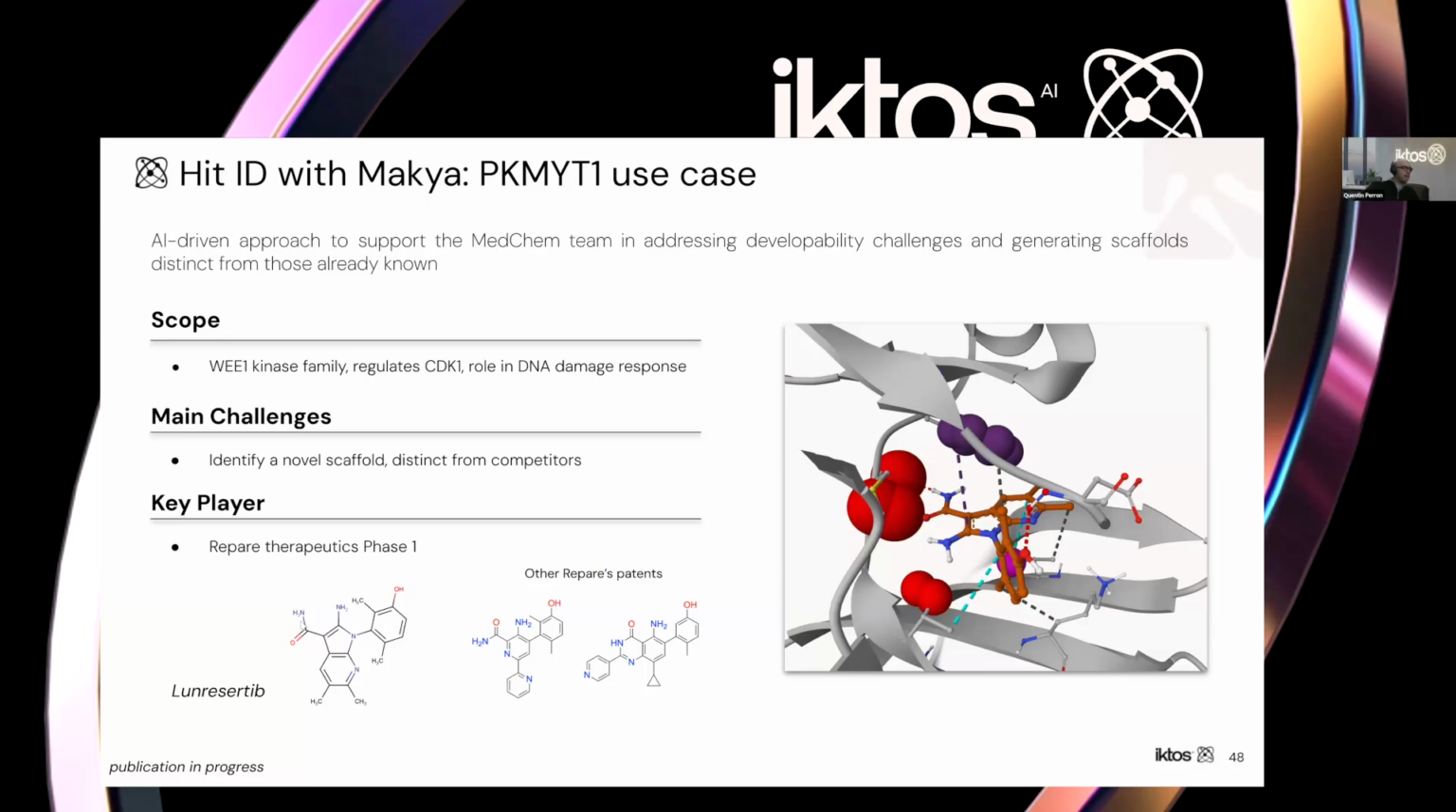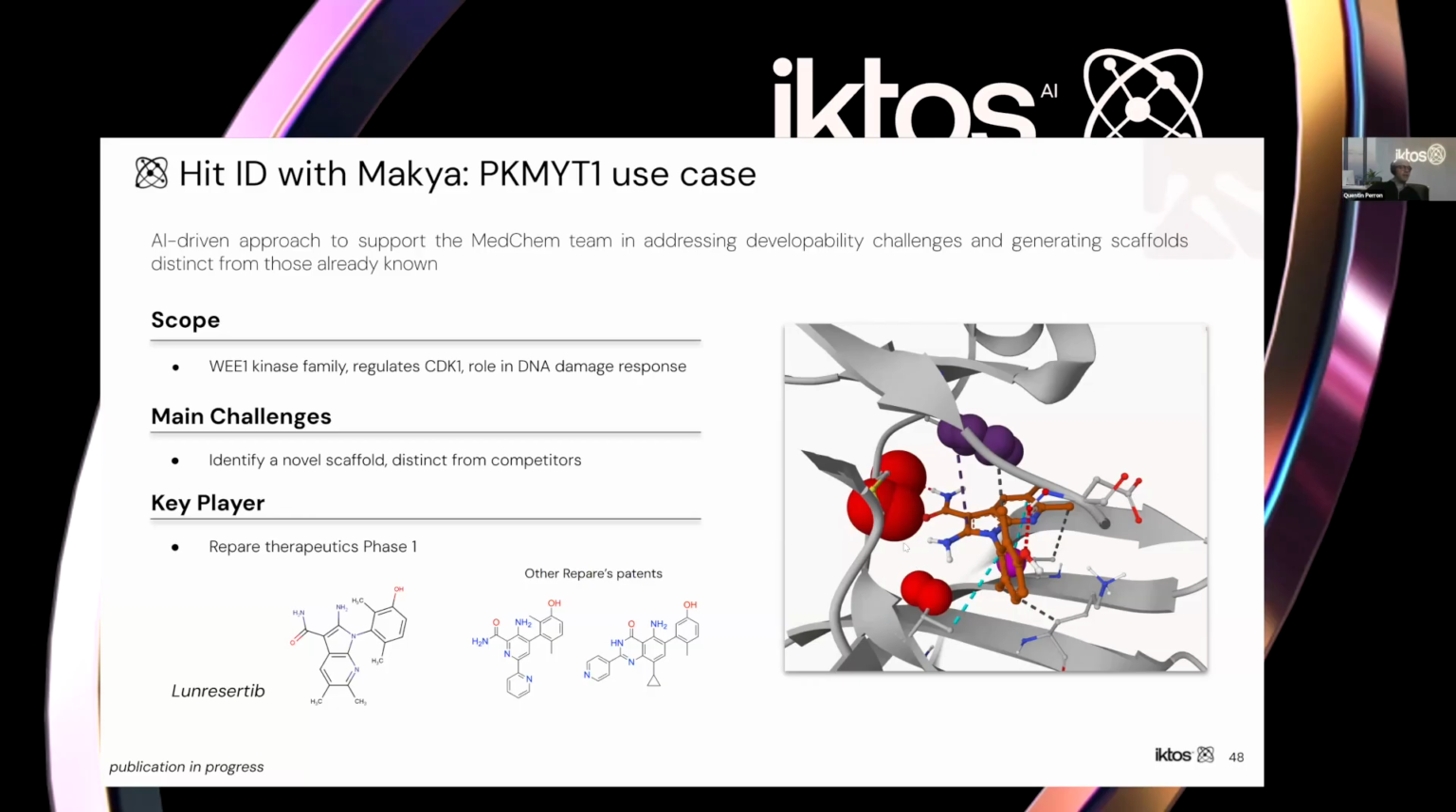On the left-hand side, you have a hinge binding motif. In that case, it's an amide moiety. We have it here as well, and here engaged in a ring. And also you have this NH2 moiety in this position. Then the scaffold here is different. Of course, the goal is to have freedom to operate. And it is how we can see lenresertib inside our